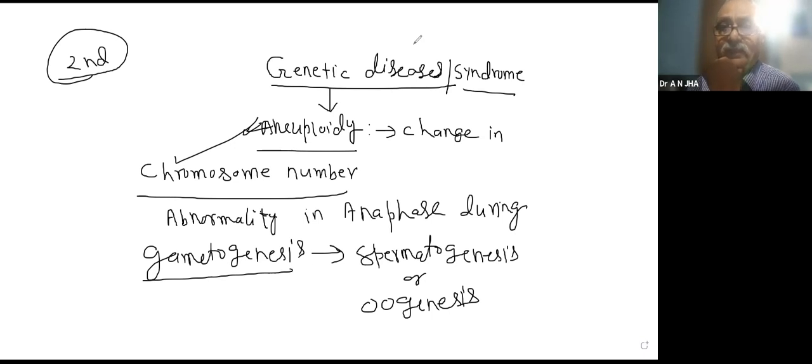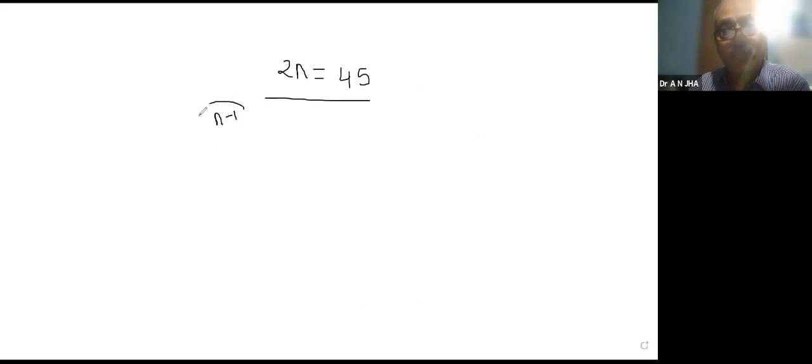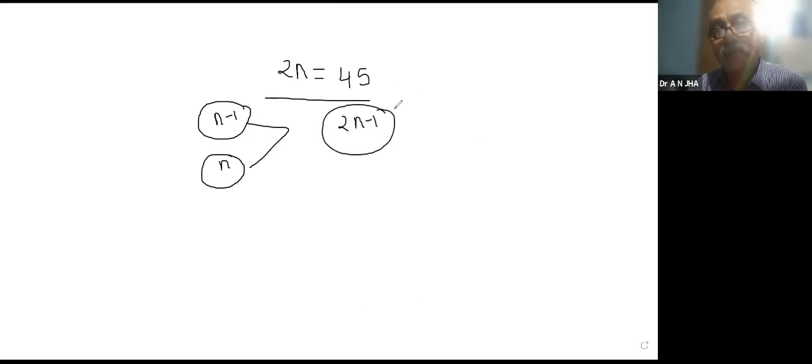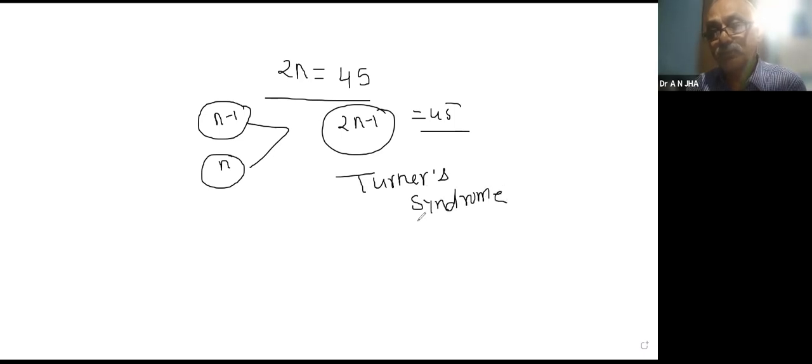Now the question arises, what are the different types of aneuploidy? In that context, we have discussed when the number of chromosomes becomes less, in my previous lecture, 45. One chromosome less gamete gets fused with the normal, that is 2n-1, that is 45. We have already discussed Turner syndrome. The detail of this you can take from the first lecture. Now I am going to discuss another one.